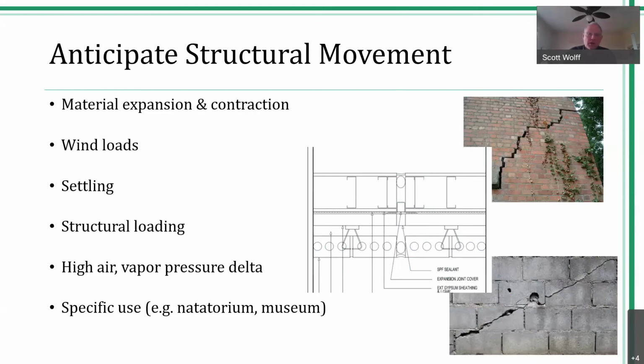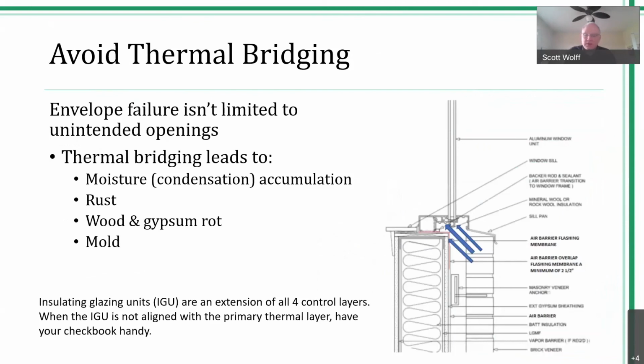Anticipate structural movement. The takeaway here is that pretty much most all air barrier manufacturers do have standard suite of expansion joints to maintain the plane of air tightness in continuity and to accommodate movements within the structure. Again, block is certainly prone to movement, but having lived in high-rise apartments for about 17 years, I can definitely attest to the power of wind forces, especially in the spring and the fall when we get the change of